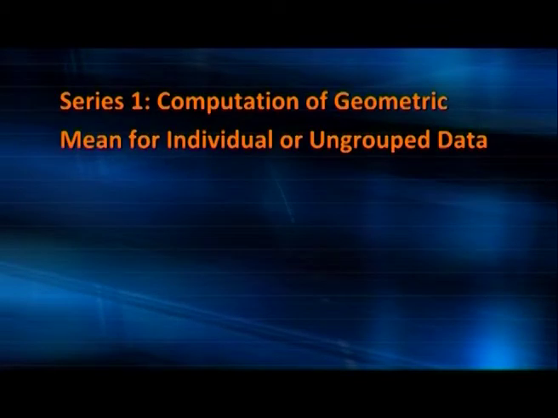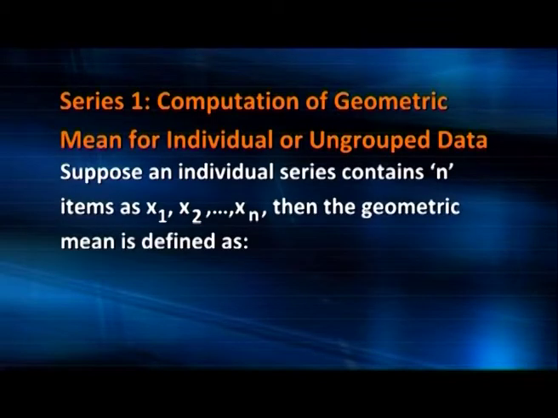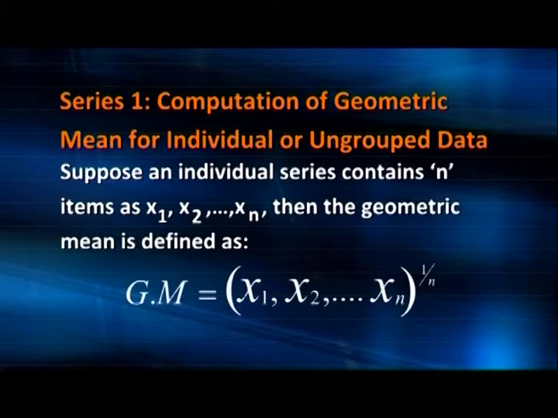First, we shall look at the computation of geometric mean for individual or ungrouped data. An individual or ungrouped data is a data where all the values are shown separately and is called an individual series. Suppose an individual series contains n items as x1, x2, x3 and so on to xn. Then the geometric mean G is defined as geometric mean is equal to 1 by n to the power of